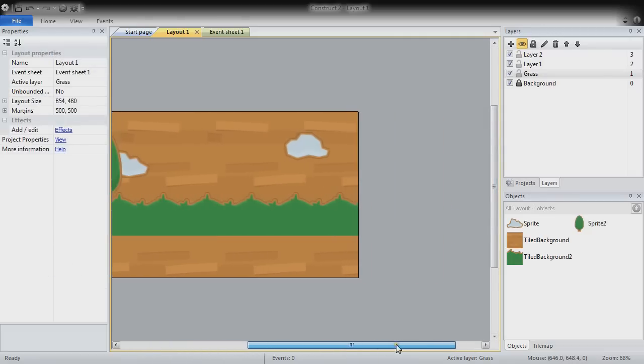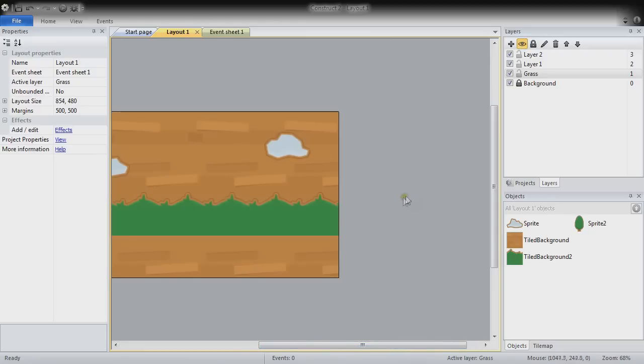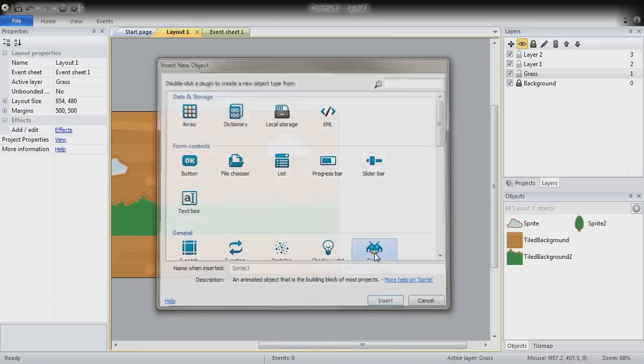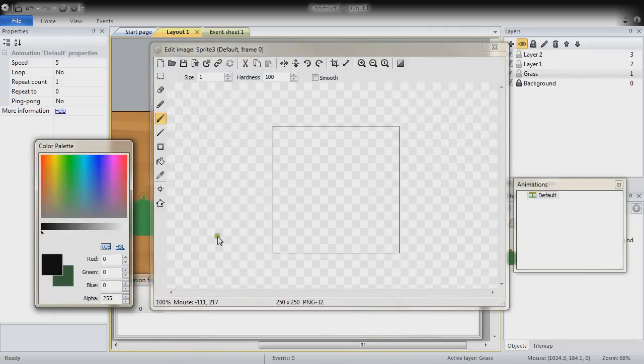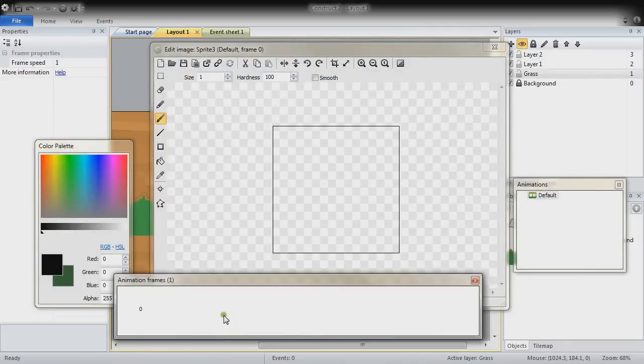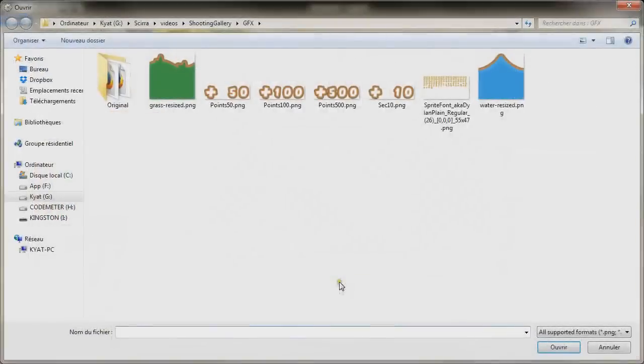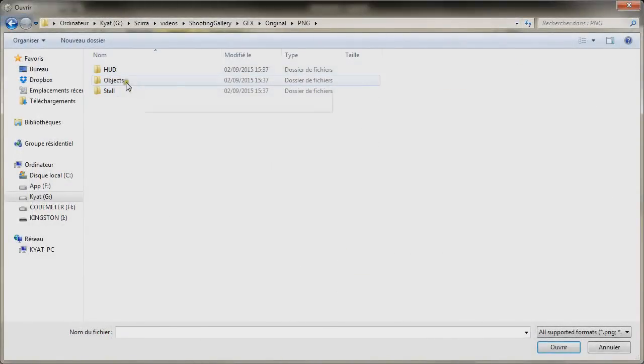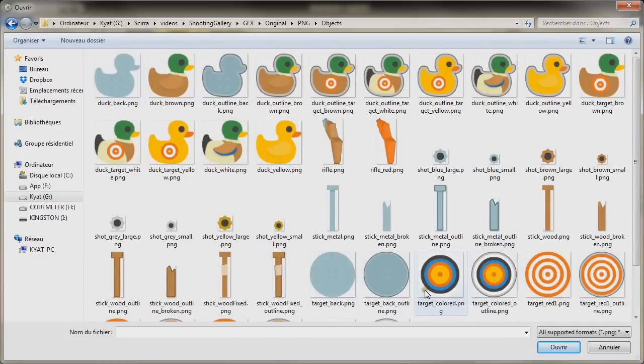We still need to add a few elements. I'll put them on the right side. A sprite object. Again, go into the animation dialog and import frames from file. Go back into the original PNG. This time we go into the folder objects, and we are going to use and pick the stick metal outline object. I've used only the outlined objects because I found the contrast made it better looking. Open up,